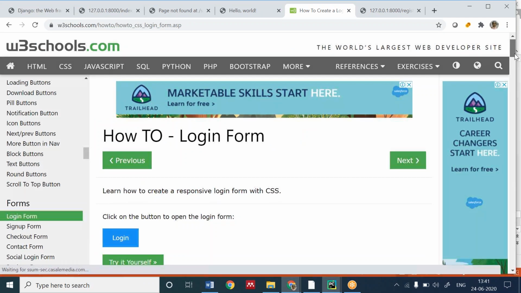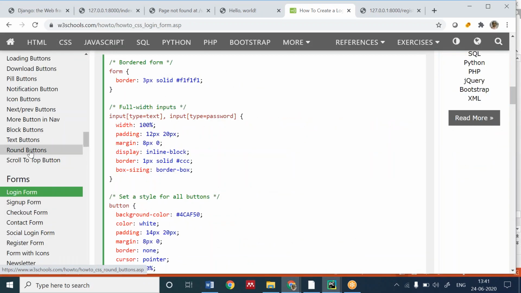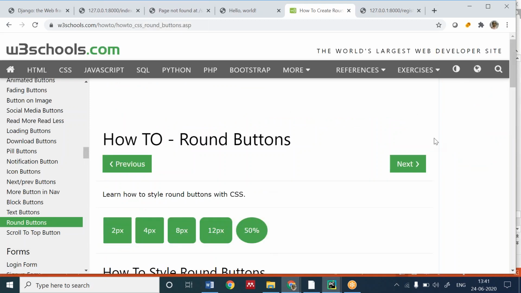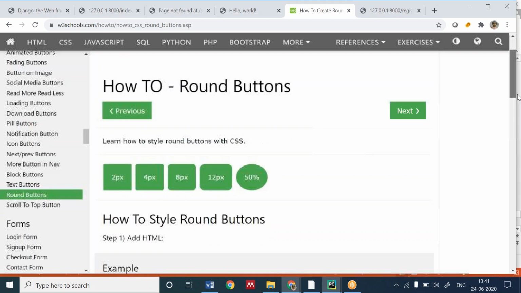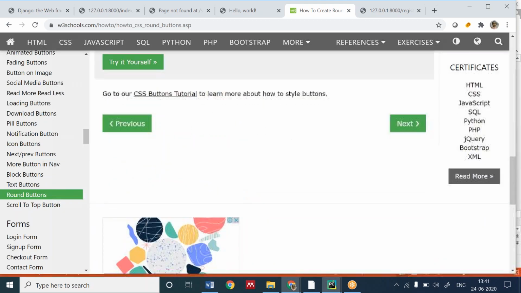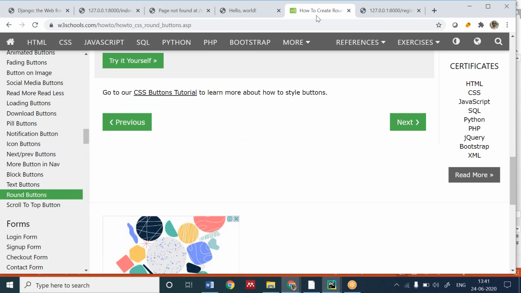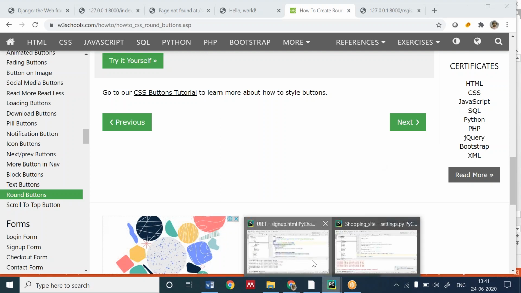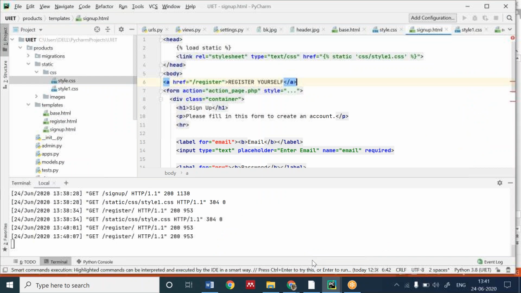And many others, if you want a button to look like this, there is a CSS code for this. Try yourself in W3 Schools, and there are many sites also from where you can get the CSS. CSS is basically for making the web page look good.